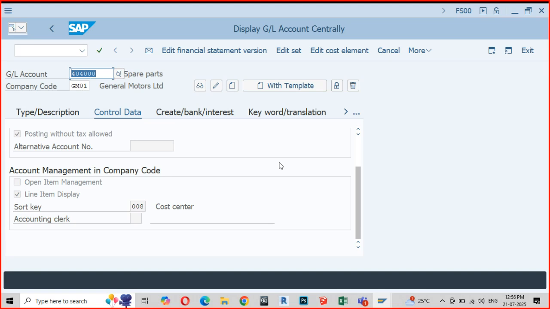So now you see what information this master data for a general ledger account has. I still remember my mentor making a statement: if you understand these particular screens, you are a master in your SAP finance model. Or rather, you have got a good grip over the SAP finance model. So much of learning only in this particular transaction code.